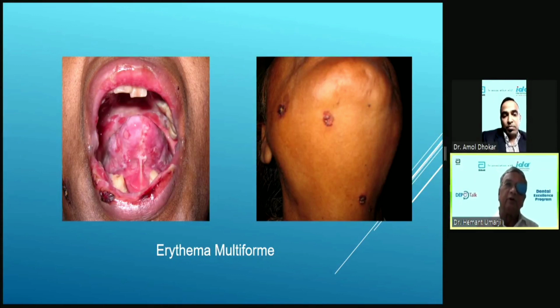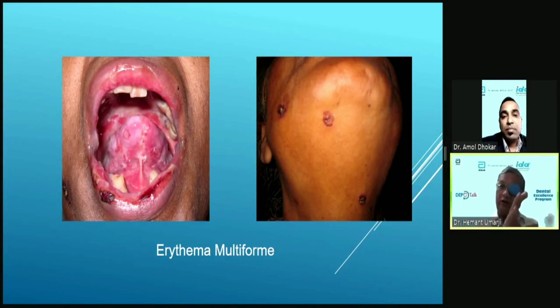Why do they bleed? Because the ulcer goes deeper into the connective tissue, and therefore it bleeds and gives rise to bloody crusts as seen here. So that is typical of erythema multiforme. For an ulcer, if you say ulcerative lesion, then you think in your mind or ask the patient whether these are coming again and again, and how long they are there. If they are for a shorter duration, then they are in the acute multiple group. If for a longer duration, chronic multiple group. If the patient says it keeps on coming again and again, then recurrent group. So depending on that, you diagnose.